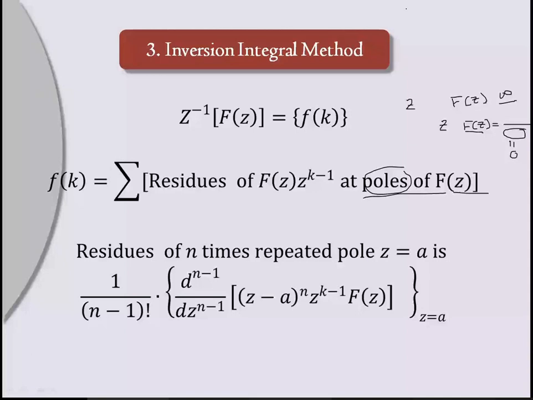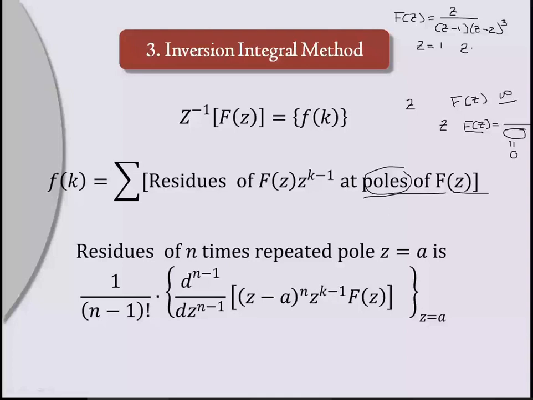And the power of that term is, for example, if we have F of z equal to z upon z minus 1 into z minus 2 whole cube. Then z equal to 1 is a pole of F of z. Because at z equal to 1, this term becomes 1 minus 1, 0, and 1 upon that, the total term becomes infinity. So z equal to 1 is a pole of F of z. Same way, z equal to 2 is also a pole of F of z.